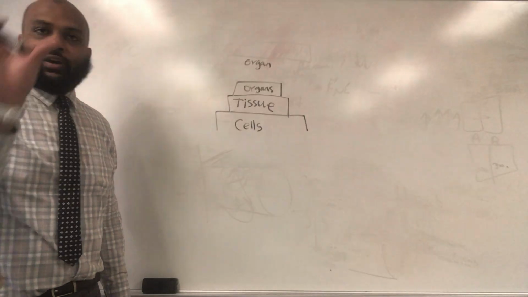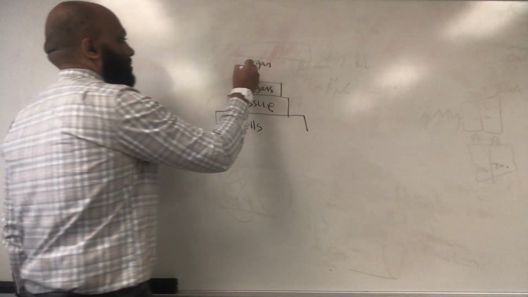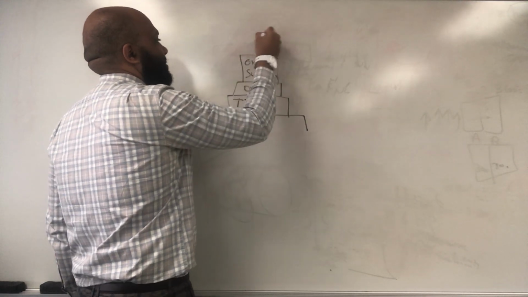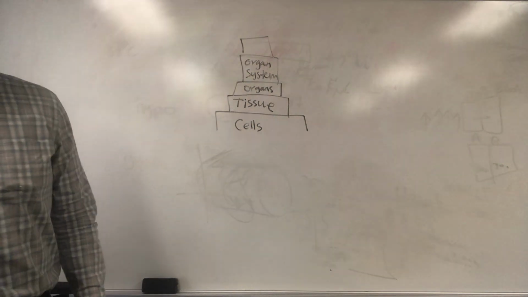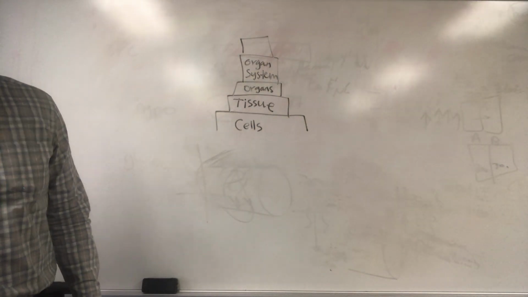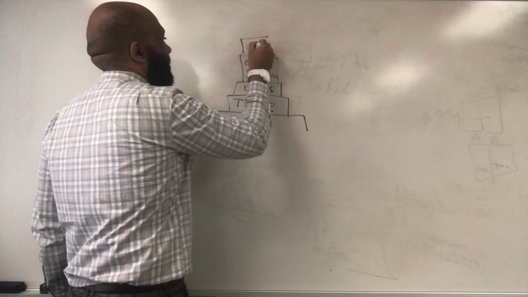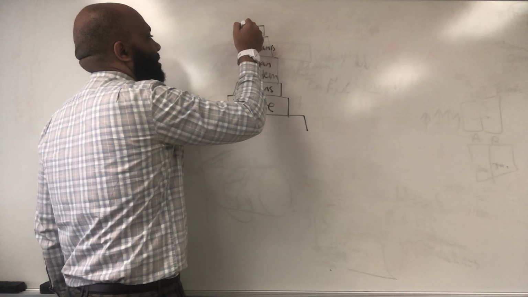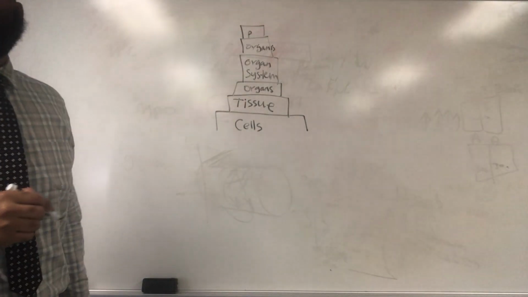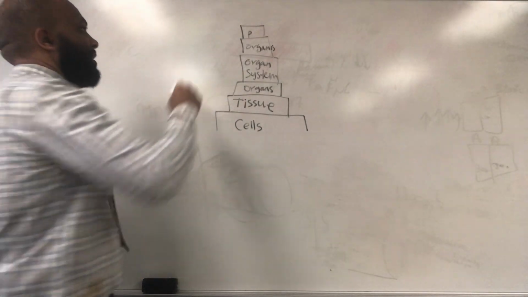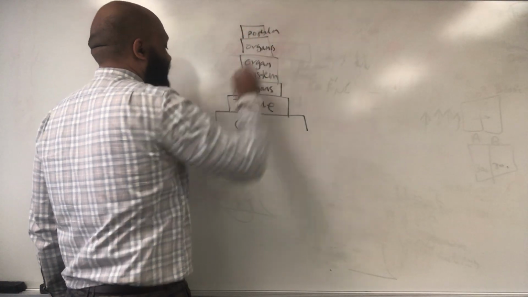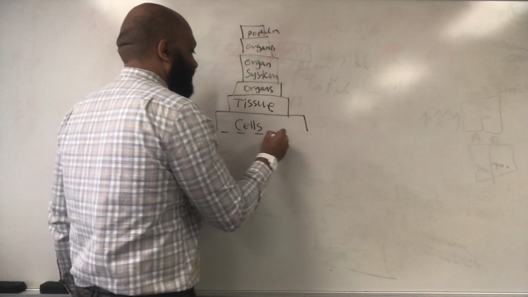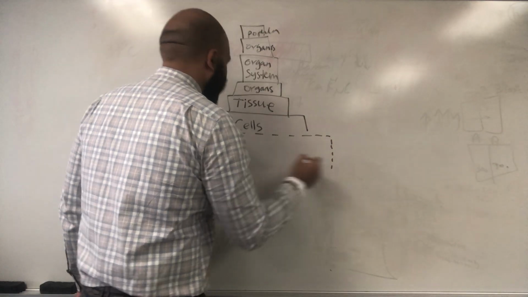So many organs together give us an organ system. When they are all working together, then many organ systems give us an organism, and many organisms give us a population. Very good, population. So now they started to learn that beneath the cell there is a very important foundation, and that is